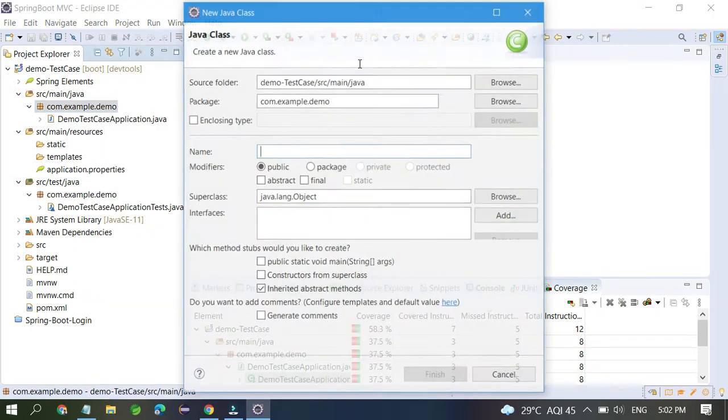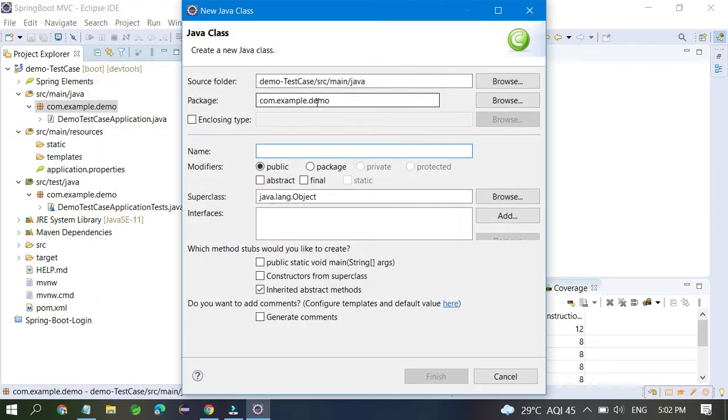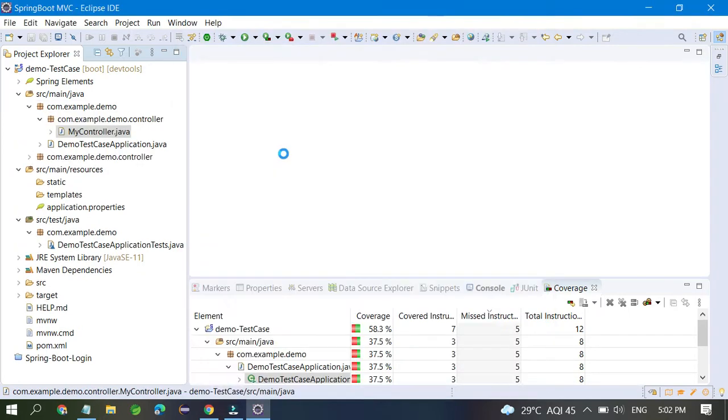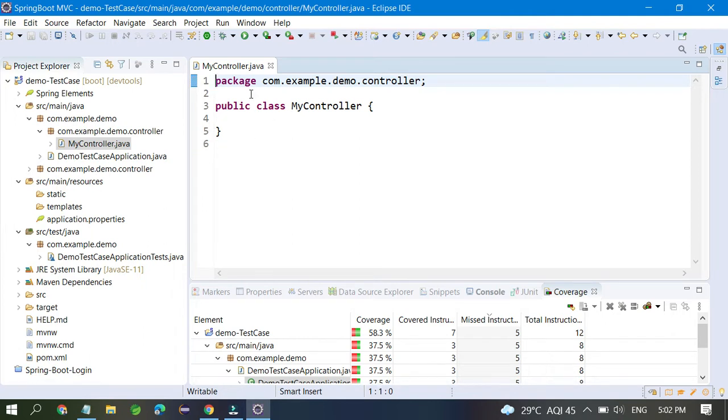Inside the class, change the package to controllers. Here you can write any name, like TestMyController. This is my controller, this is the name. You want to make this a controller, so it's just a RestController.